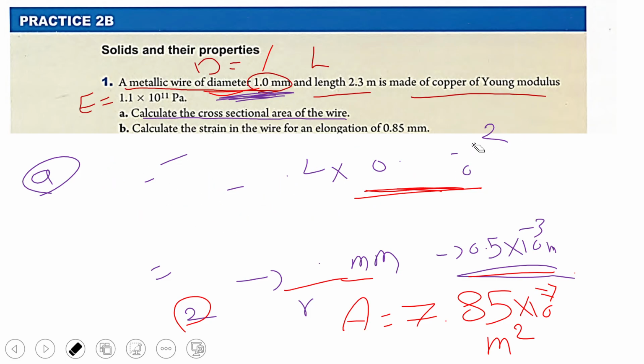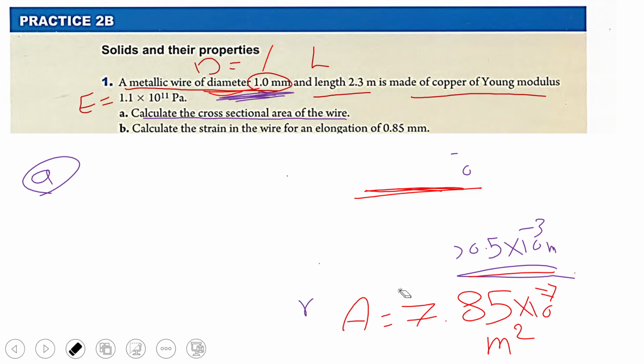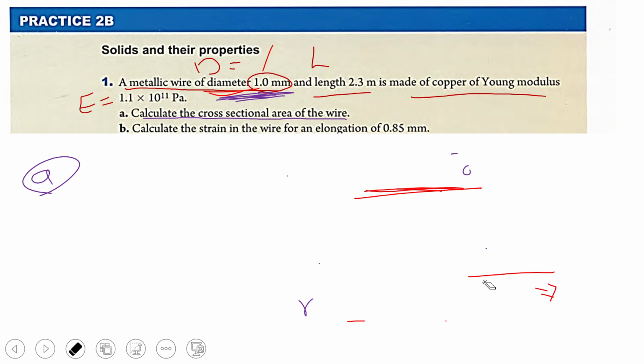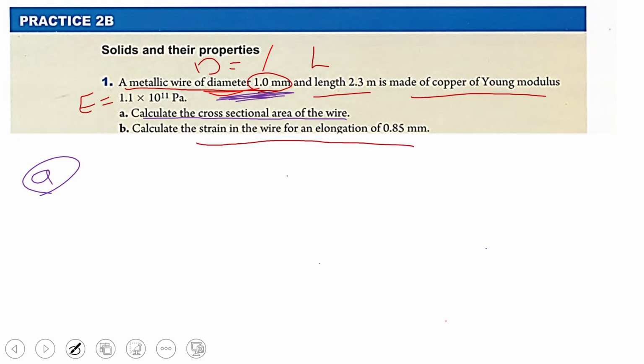Part B, easy part B. Okay, part B. Calculate the strain of the wire for an elongation of 0.85 millimeter. Strain. What was the rule of strain? This is strain, simple. Strain equal to